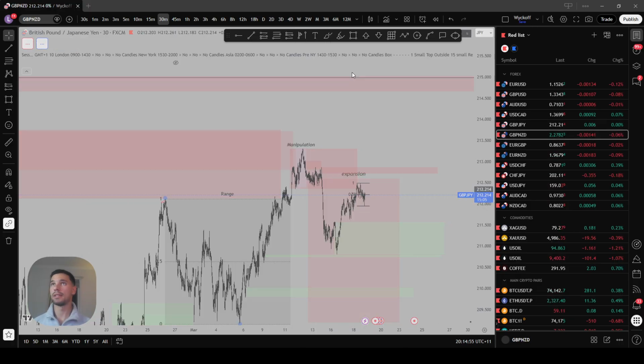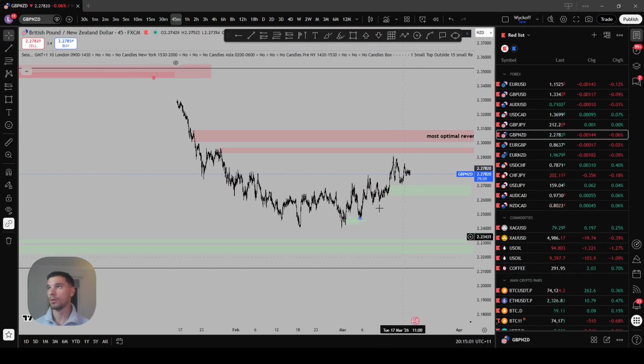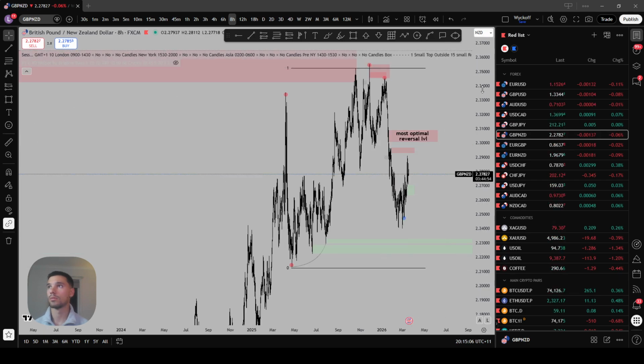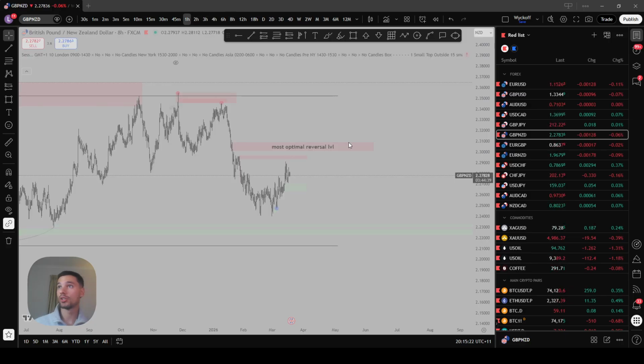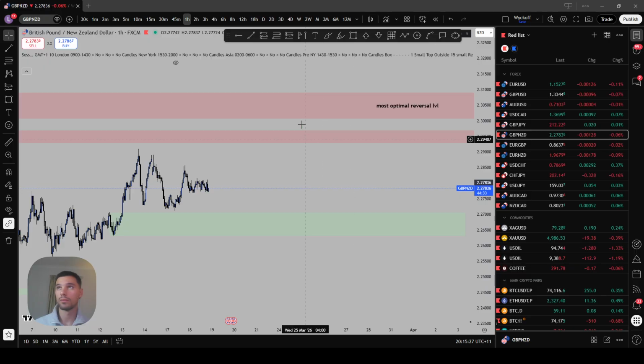All right, GBP NZD. You still listening, gentlemen? Can kind of see a compression forming there. Yeah, obviously, long run, we're still expecting a return to the bottom of this range. That is my higher time frame expectational order flow. However, as of now, we're kind of getting a compression forming.